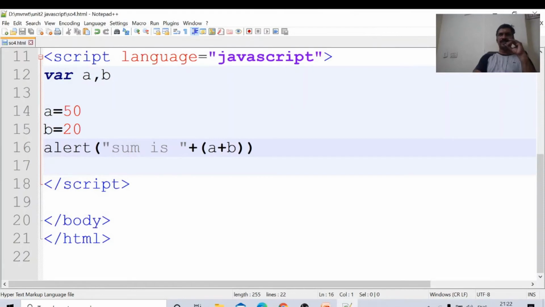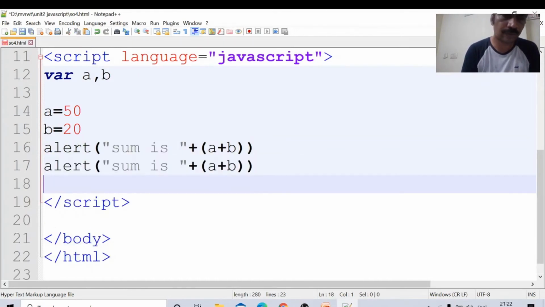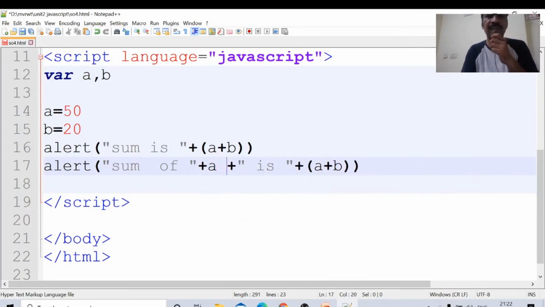Okay, next not like this. I want sum of 50 and 20 is like that. Alert sum of A. A means A value will come here.